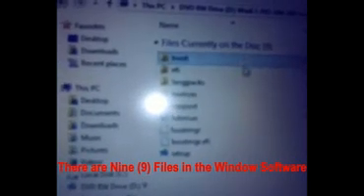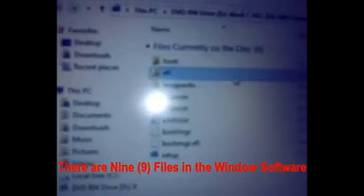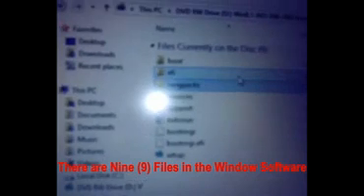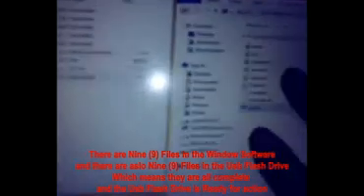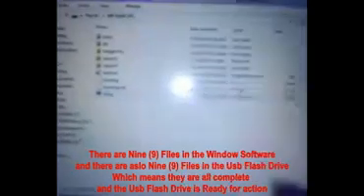So see it: 1, 2, 3, 4, 5, 6, 7, 8, 9. So we'll count this one to know if it's complete: 1, 2, 3, 4, 5, 6, 7, 8, 9. You can see now all the files here are okay. There are 9 files here, which means that we have already created the USB